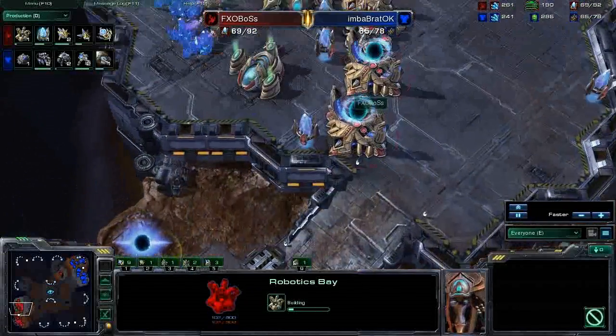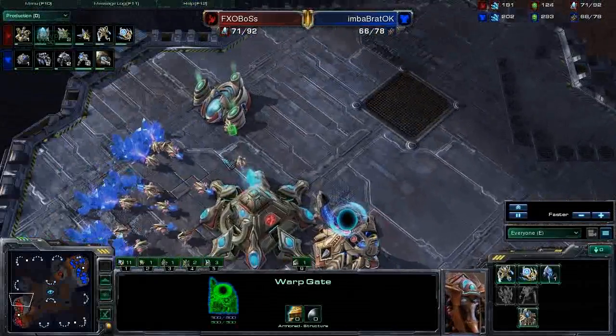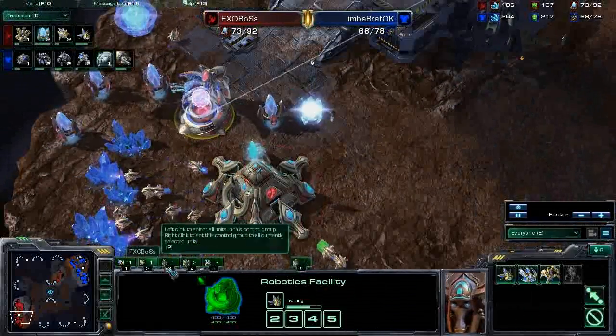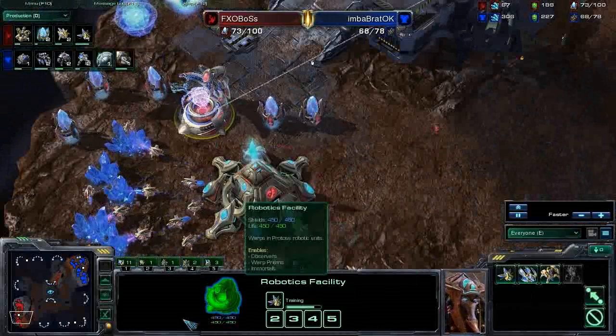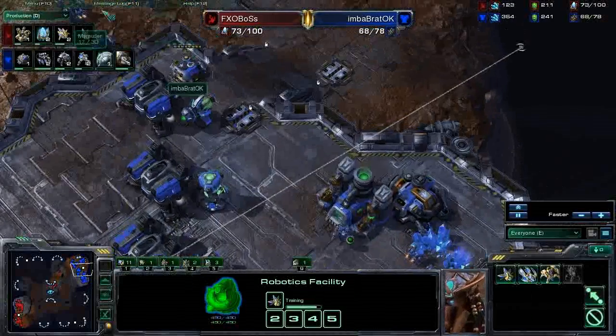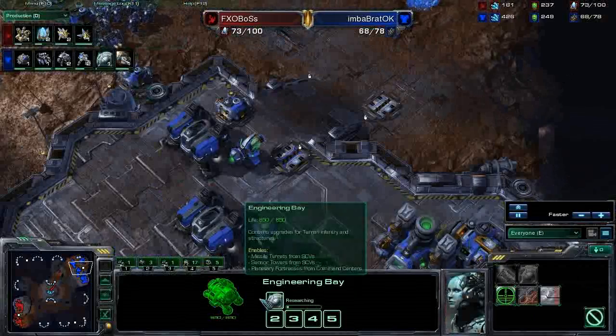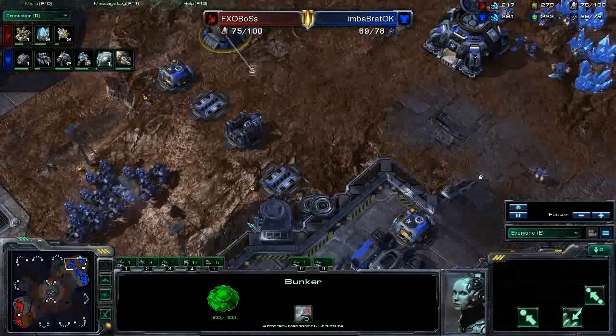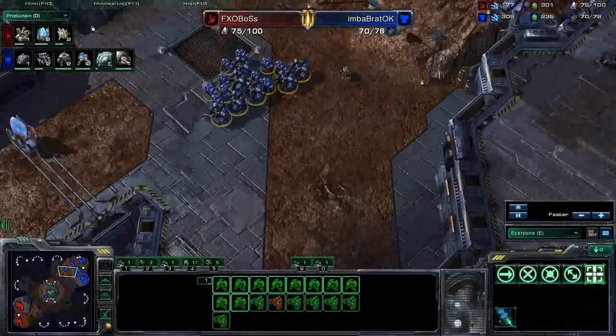Looks like just pylons, a robotics bay coming in, which means that we must have a facility. There it is here, pumping out. Oh, that's good. We got an observer coming in, so you'll be able to see. And then up here we've got looks like level 1 armor coming in for infantry, and he's moving out. So looks like he's going to push,